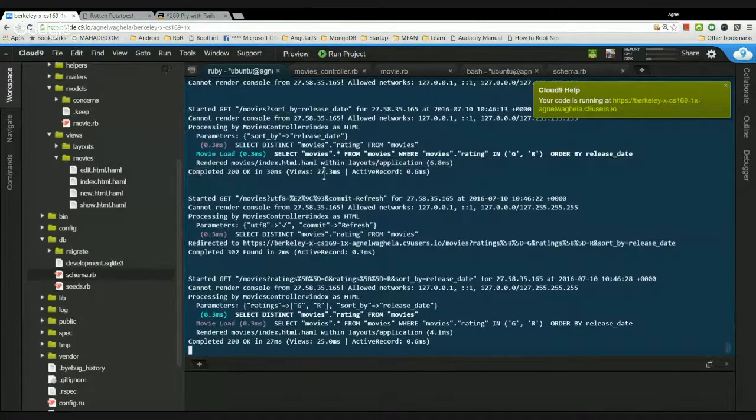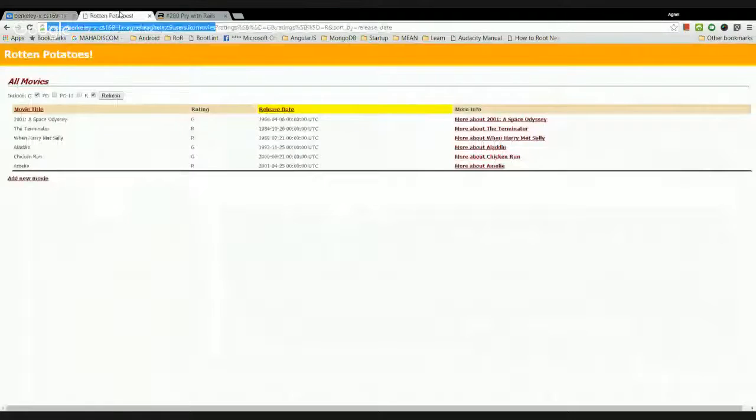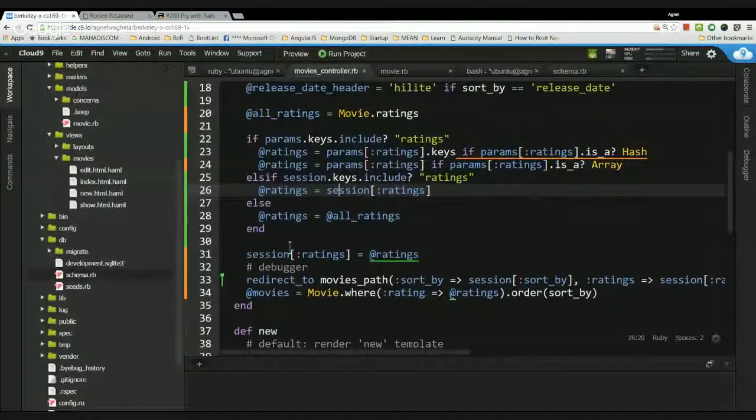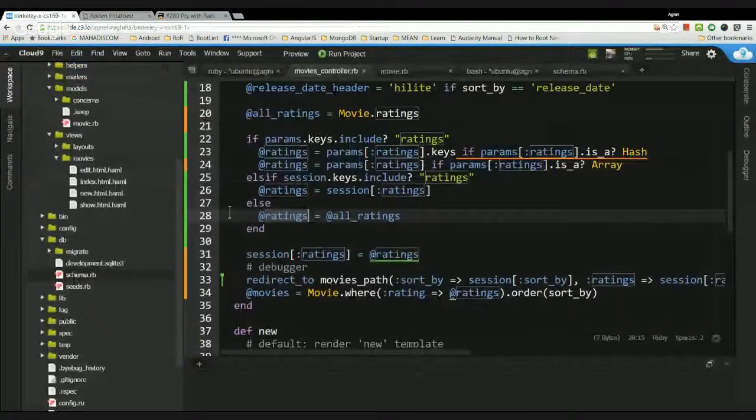Yeah, because I guess we have this sort by release date already working, and params didn't contain anything at that point, so this would fail and it'll come to session and take from the session itself, and accordingly give us the ratings, I mean the sorted thing. Our ratings variable is set, so we can see that our checkboxes are still checked, and since at this point it will not redirect because